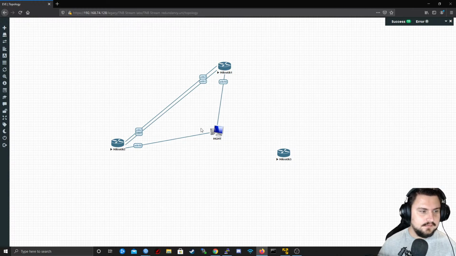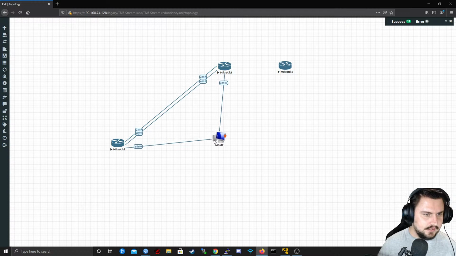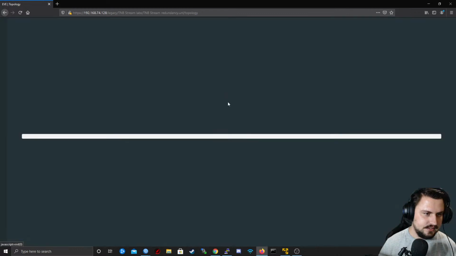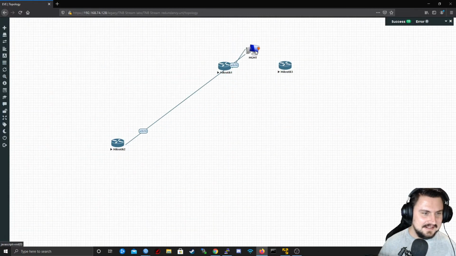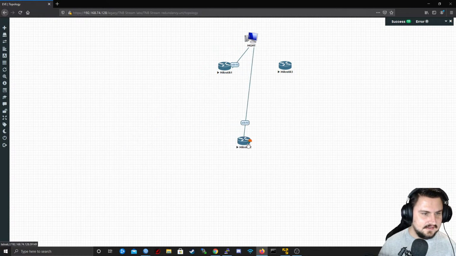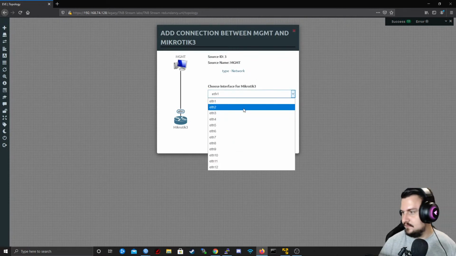Now we're going to look at something a little bit more fun. I might bring router 3 into the equation now. And I might actually kill these links. Let's just delete these links. Which is funny. And connect management to router 3 as well. So now we're going to look at another form of